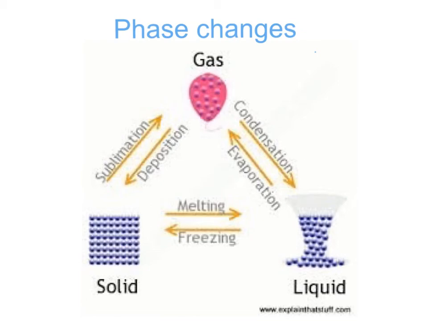Now we are going to review all the phase changes. From solid to liquid, the phase change is called melting. From liquid to gas, it is called evaporation. From gas to liquid, it is called condensation. And from liquid to solid, it is called freezing. Right now, we are not going to worry about